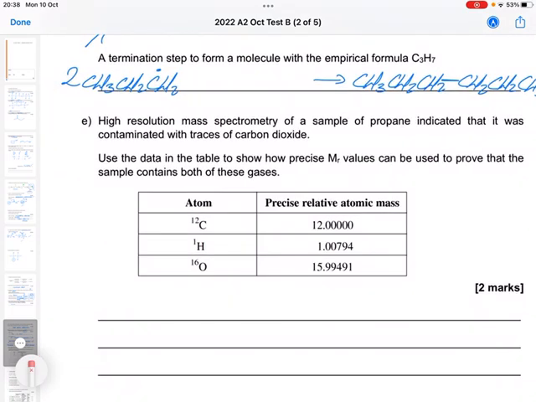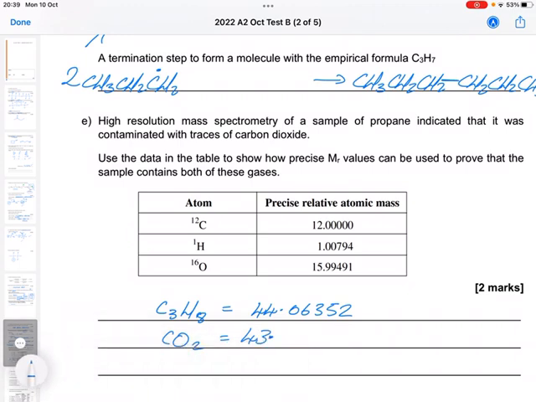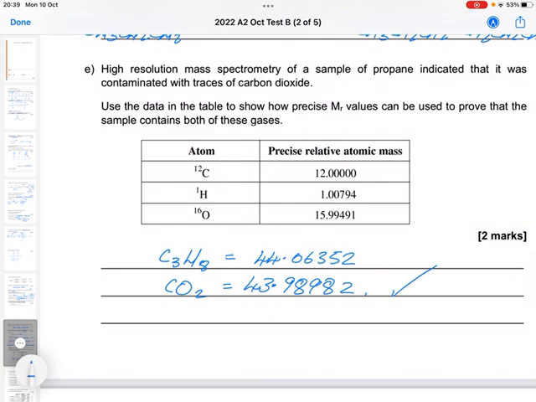Okay, E. So high resolution mass spectrometry of a sample of propane indicated that it was contaminated with traces of carbon dioxide. Use the data in the table to show how precise Mr values can prove that the sample contains both of these gases. Okay, so what I need to do is for propane, C3H8, and carbon dioxide, CO2, I need to work out the precise Mrs of these. So for propane, that works out at 44.06352, and for carbon dioxide it is 43.98982. So there's 1 mark for that,